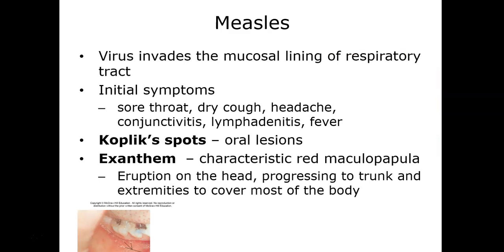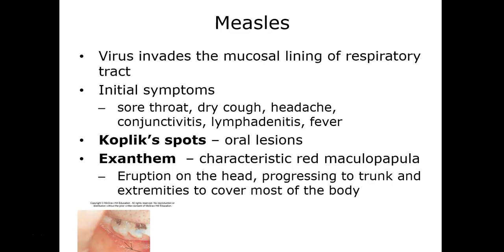So we mentioned initial symptoms can include things like sore throat, dry cough, headache, inflammation of the conjunctiva, lymphadenitis, and fever. The key clinical characteristic sign that we get with measles or rubeola are these things called Koplik spots, which are oral lesions that form in the surface of the mouth. There is also a